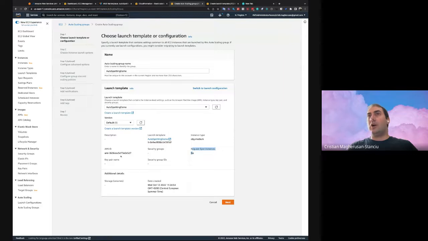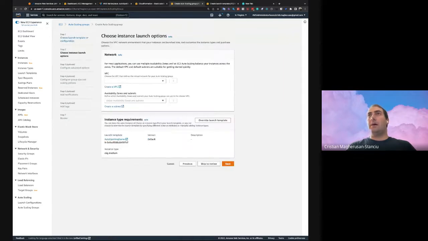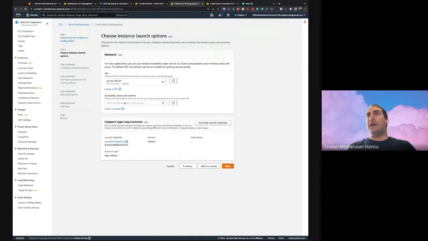All the other options you may set, like security groups, key pairs, whatever, I'm not going to touch those for the sake of the demo, but they can be configured in a typical configuration. So I'm going to create it in my default VPC.